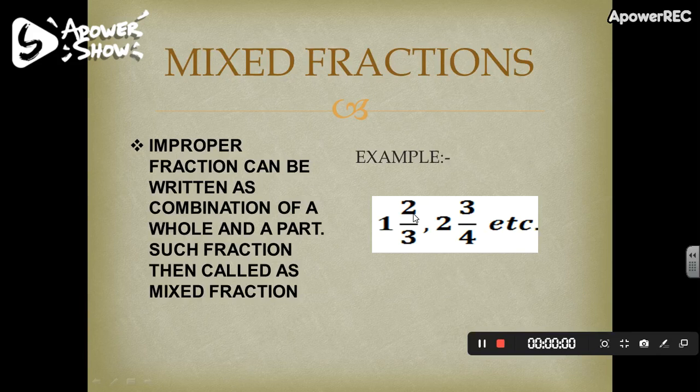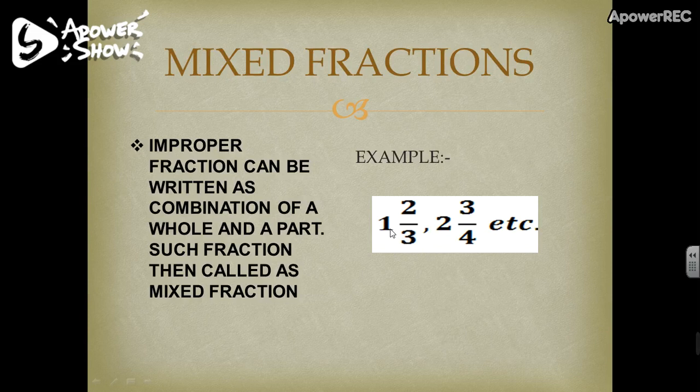And you can see this number is 1 plus some part. So if we are adding something to 1, then obviously the number will become greater than 1. So that is why we always say that improper fractions are always greater than 1. In this example also, this is 2 plus some part. So if we are adding something to our number 2, then obviously it is greater than 1. So that is why we are saying that improper fractions are always greater than 1 and proper fractions are always less than 1.